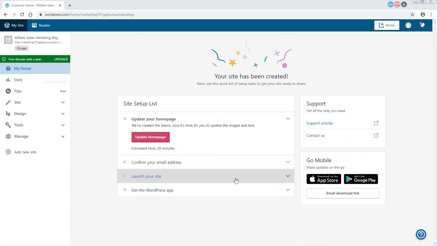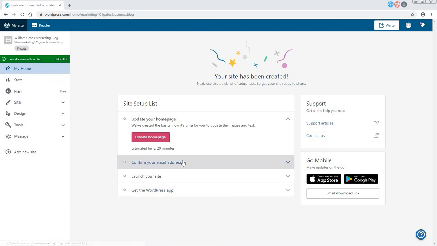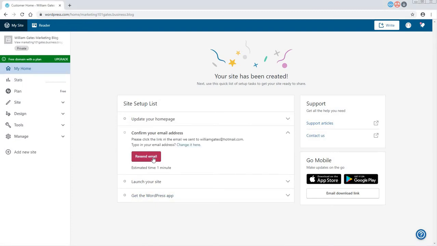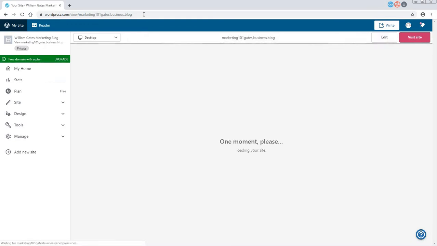So a couple of things to draw your attention to. This site stats, again, has a reduced amount of functionality over a WordPress site that is being hosted. So this is just a free site, so it's kind of useful. One of the things you might want to do is click now, take this time to go and confirm your email address. What that allows is for the site to actually be available to the public. Until you do that, people who look for your site, so if I tried to look for this site,